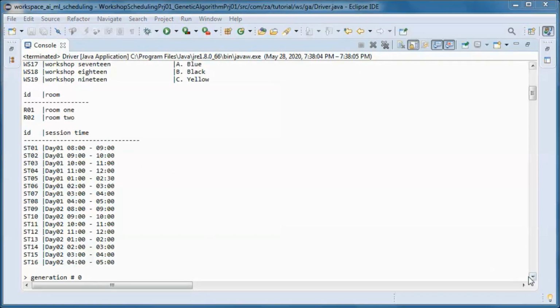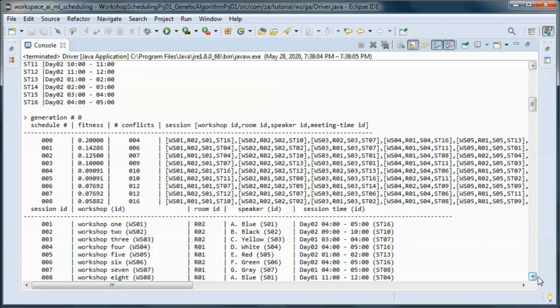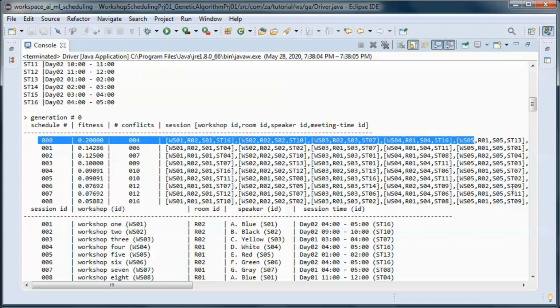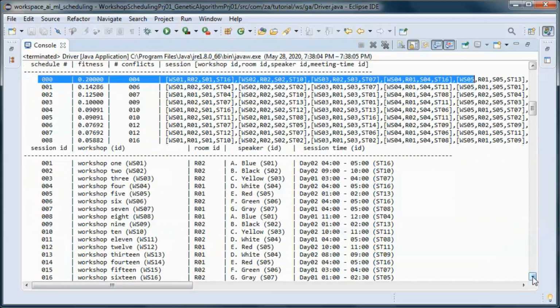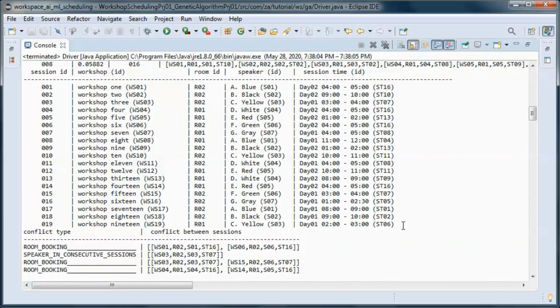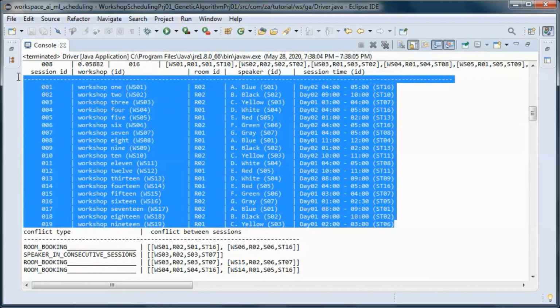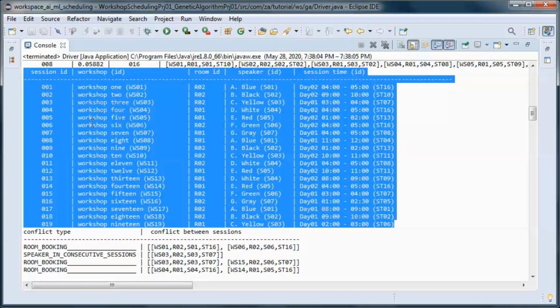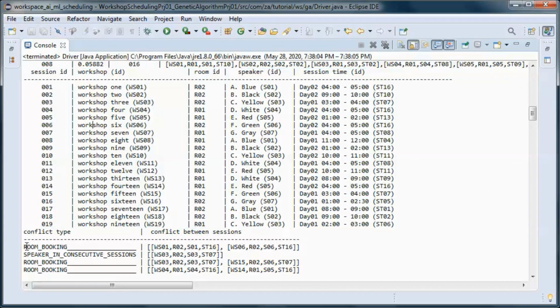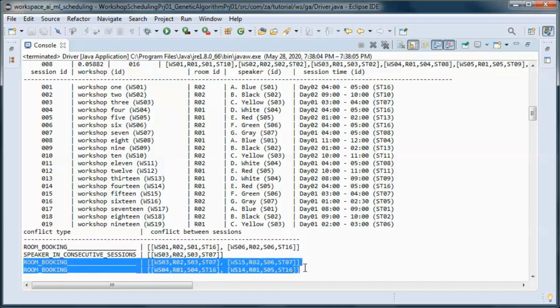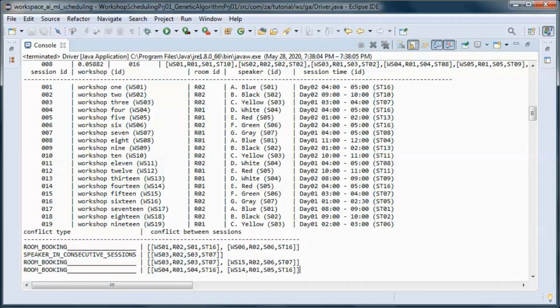And we start from generation 0, where the fittest schedule had 4 conflicts, and this is a table representation of that schedule, and the 4 different conflicts are 3 room booking conflicts and 1 speaker in consecutive sessions conflict.